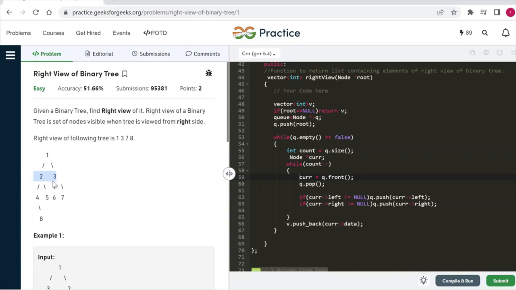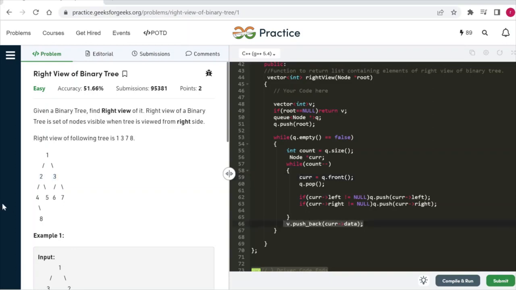Whenever we have traversed both the nodes of a particular level, suppose we have traversed 2 and then 3, at that point our entire level is traversed. When we come out of the while count minus minus loop, we have the current variable as the last element of that level. Suppose for this level we have 3 in our current variable. Whenever we come out of this loop, we simply push our current data into the vector.